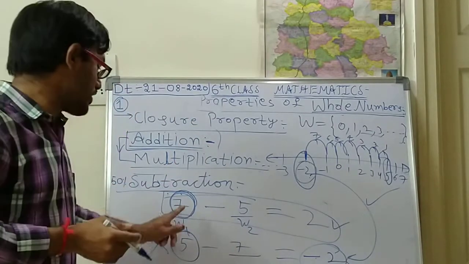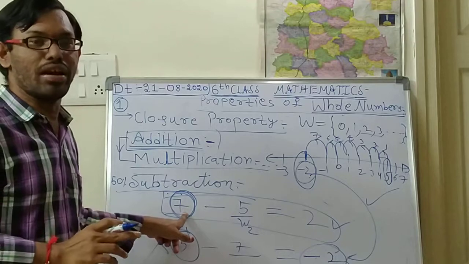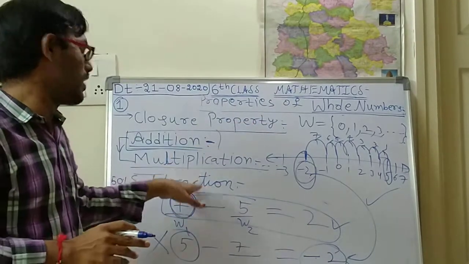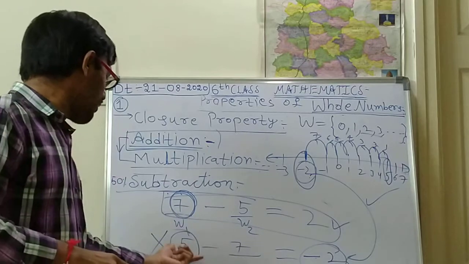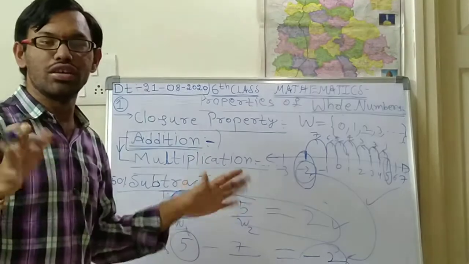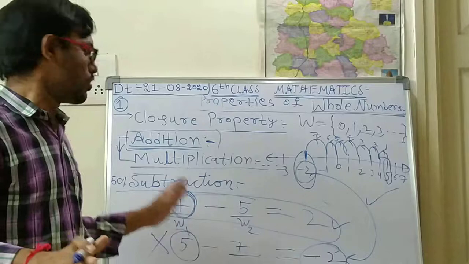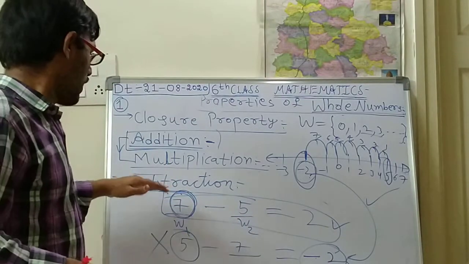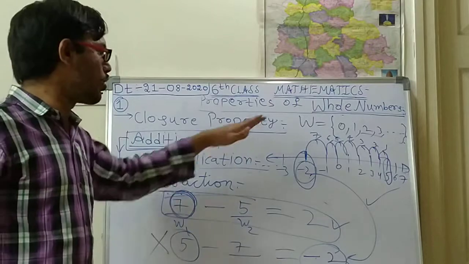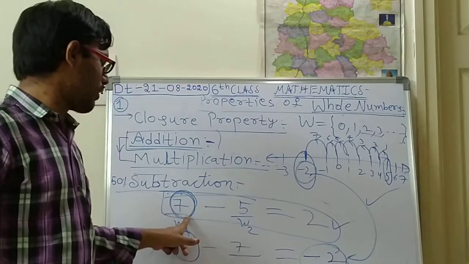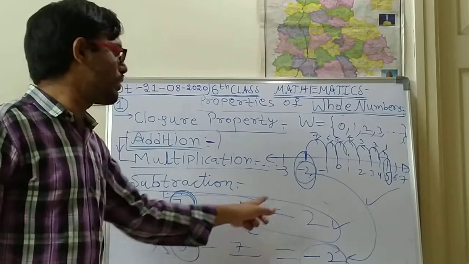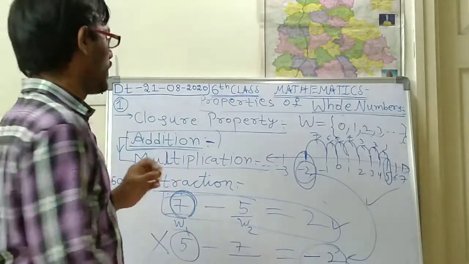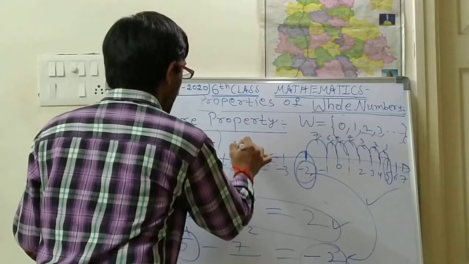If the first number is a greater number, then only this property will be satisfied under subtraction. If the first number is smaller, it won't satisfy. So the statement you should write is: if A and B are any two whole numbers, then A minus B is a whole number if and only if,